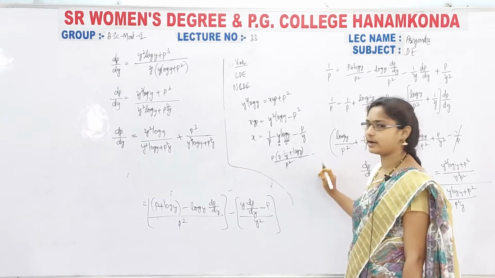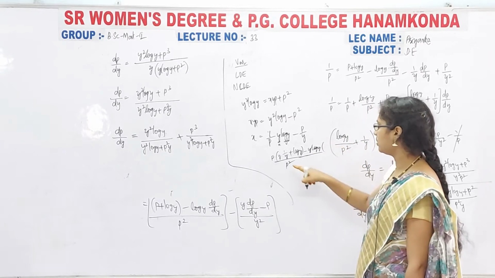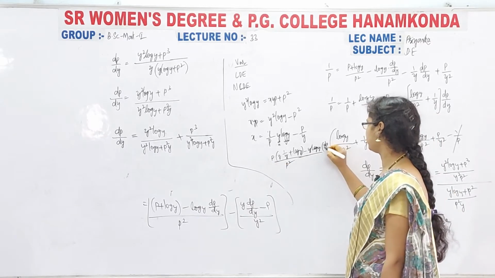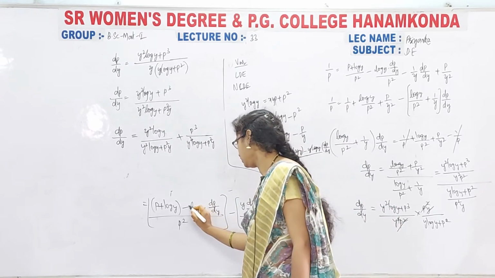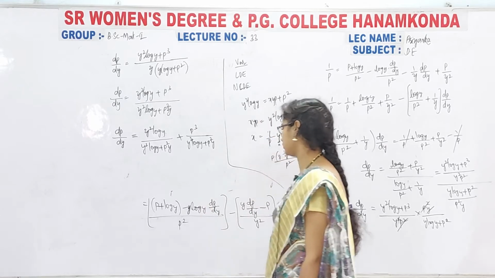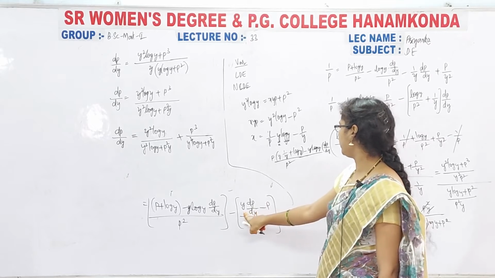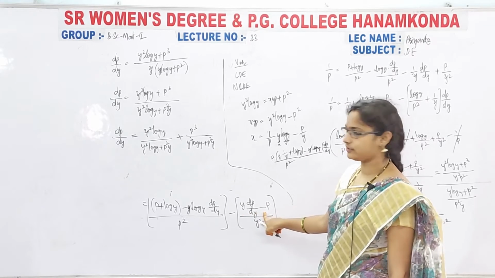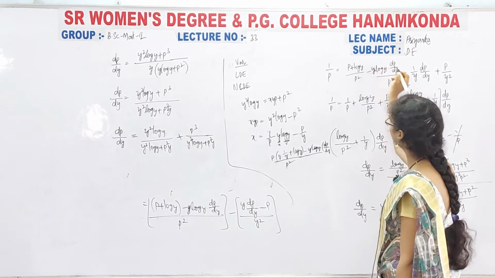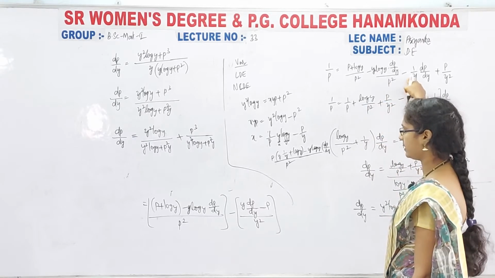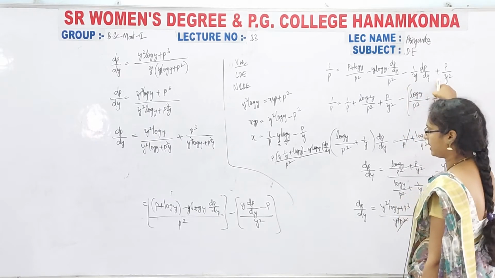Okay, so now here we have another term, that is minus of y log y into p derivative is dp by dy. So here I think we missed y. So now the next term is by y square, y into dp by dy minus p into differentiation of y with respect to y. So now p plus log y by this one minus y by p square, and here minus 1 by y dp by dy, next plus p by y square.